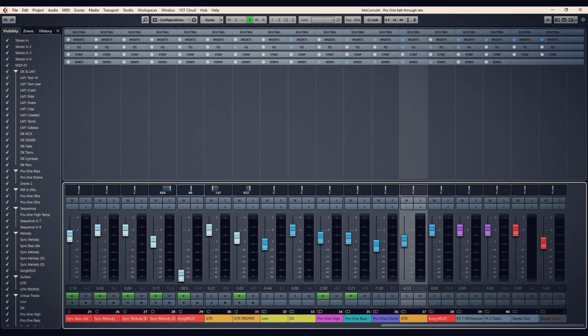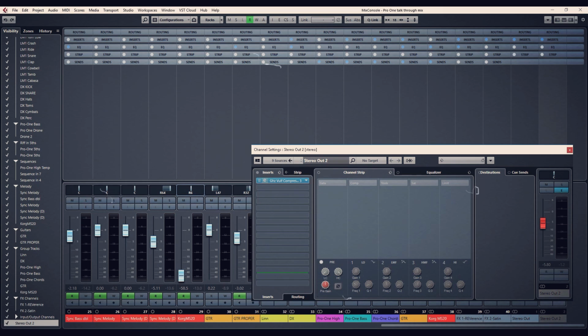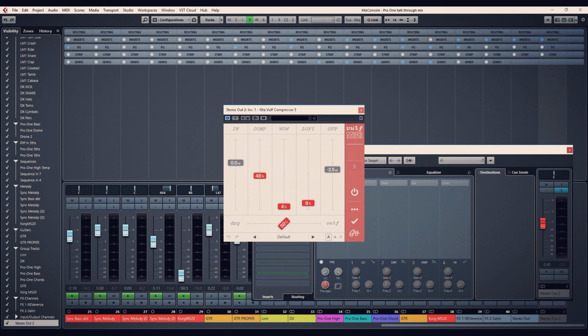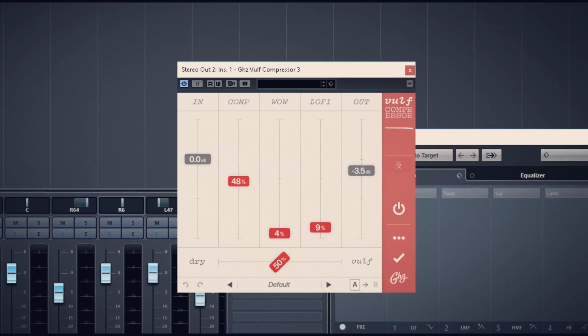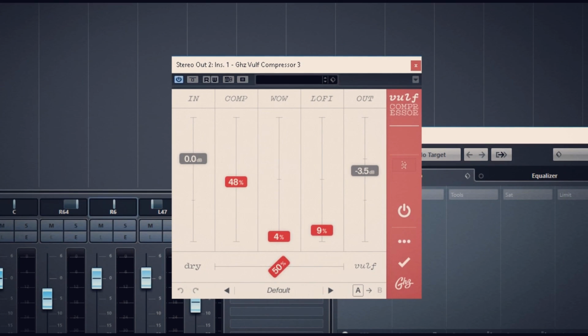I've brought the level down here because while I'm recording this voiceover talking to you, you wouldn't be able to hear me, so normally I'd have that back up, but it's just Wolf compressor. I've got a bit of parallel compression. So it's bringing the level down with it on. And that's just very light compression, parallel compression, a mix of uncompressed and compressed signal,